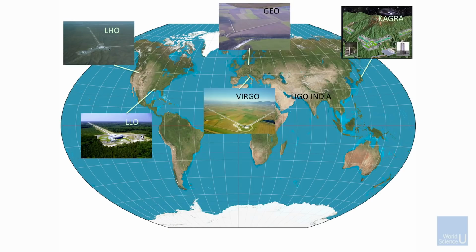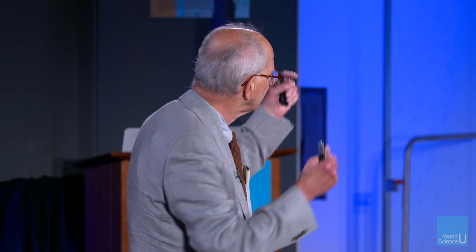Oh, and the next thing is really a network. What happens is that we will develop this network. What you will see, and I'll get back to this at the end of the talk, is that in order to find out where the sources are on the sky, once you see something, you can't point these detectors. You have to do it by timing. The timing between detectors, that's the way you do it. And I'll get to that again when I tell you about the discovery.